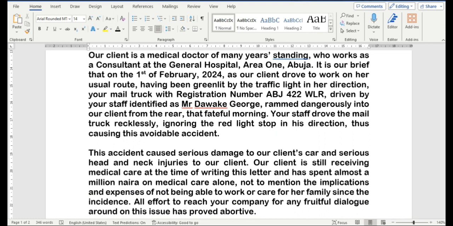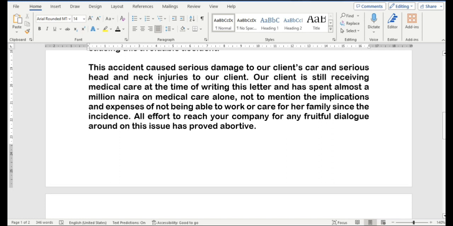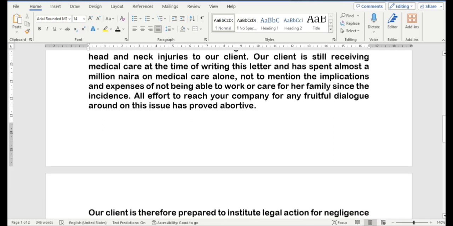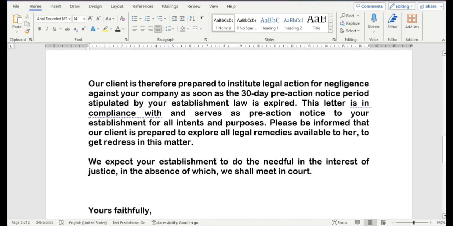And from the tone of this letter, you can tell that this is not the first contact with this company. And that is why you don't see things like saying, oh, we have attached the proof of our medical care, we have attached pictures of the injury or whatnot. So at this stage, the company already knows what's going on. They are aware. That's why you'd see that I mentioned that they have refused to do the needful. So it could be that we've been in talks and they've just refused to take responsibility, or what they've proposed is not acceptable. So if this is not the case, you have to add proof to your own pre-action notice,